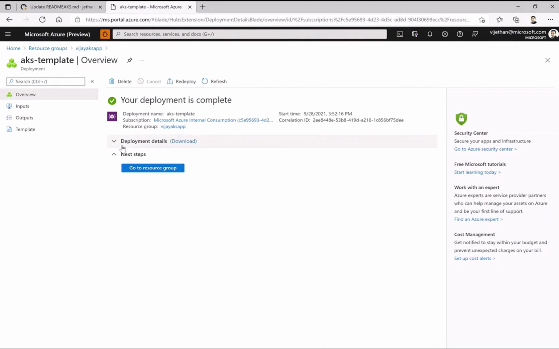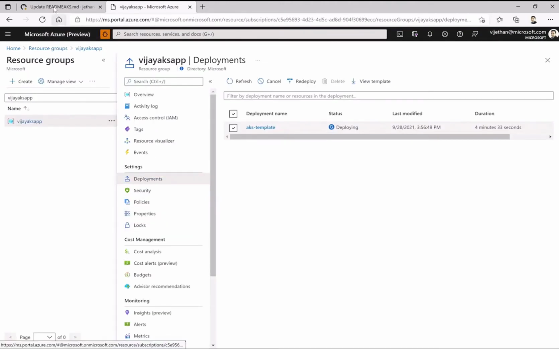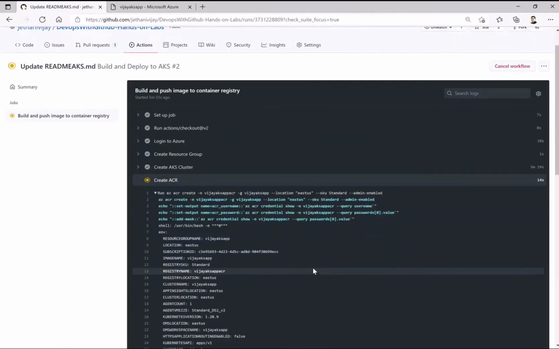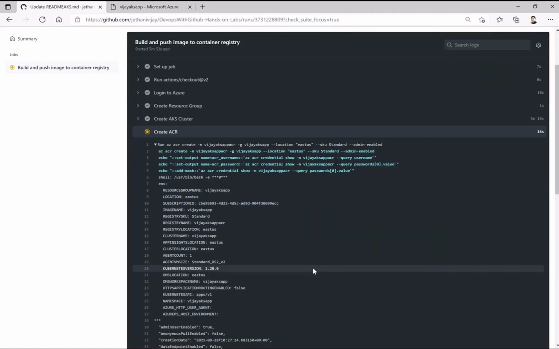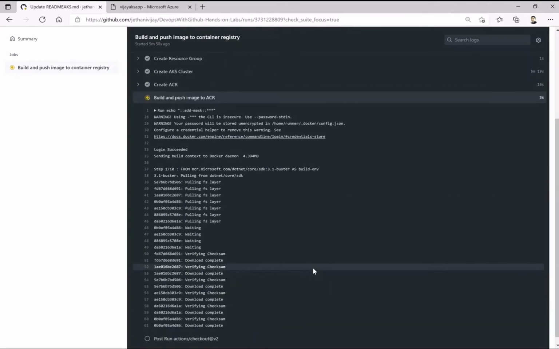Okay, so now deployment is complete. That means that particular container service is on. Now it will progress towards the creation of the ACR and pushing the image to that ACR. So that is how it will proceed.